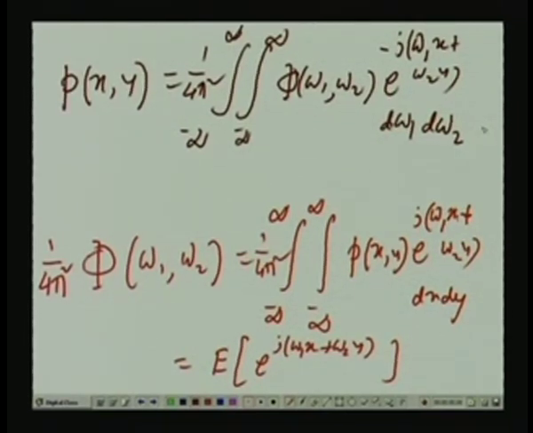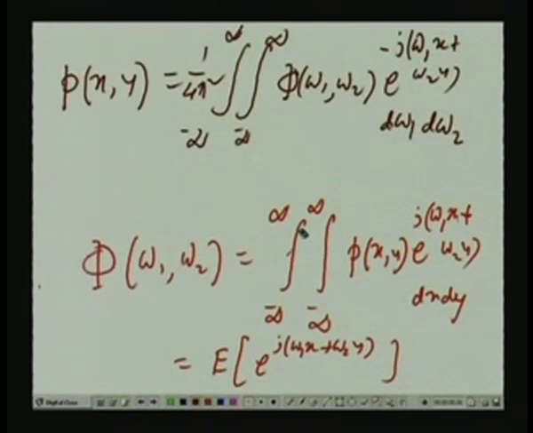Certain things we can see now. Also one more definition. Let me remove this 1 by 4 pi square now. This was just for explanation purpose. Along with phi of omega 1 and omega 2, there is another definition which also comes out to be useful sometimes. Actually, often phi of omega 1 and omega 2 is seen, in practical cases, to be an exponential function. So instead of dealing with phi as such, it's sometimes better to take the logarithm of this, because if it is exponential, then on taking the logarithm we get